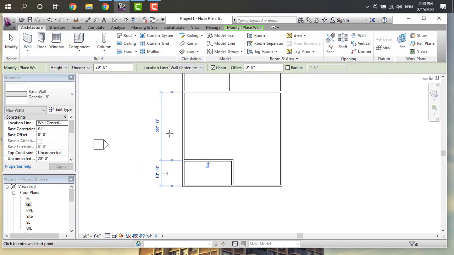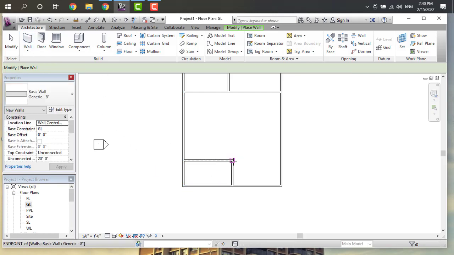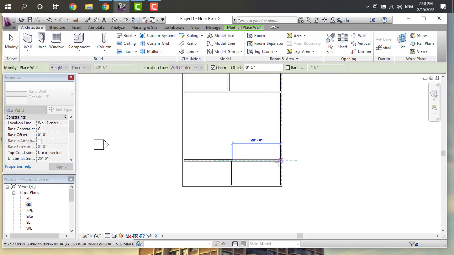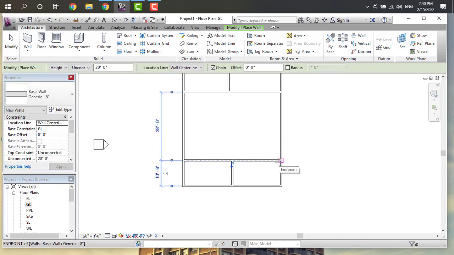It will be 10 feet 6 inches and 28 feet 0 inches. And next here I want to take another wall from here to here.